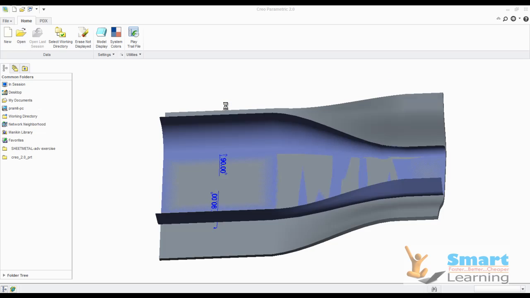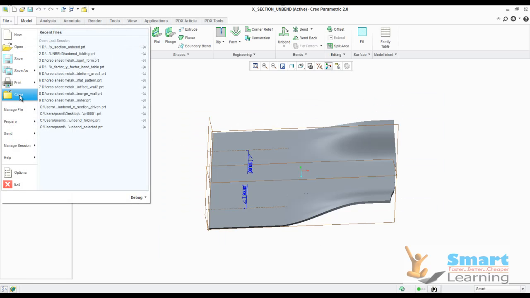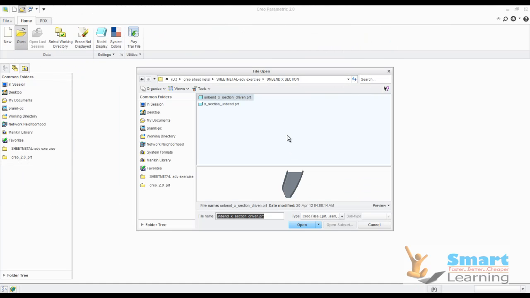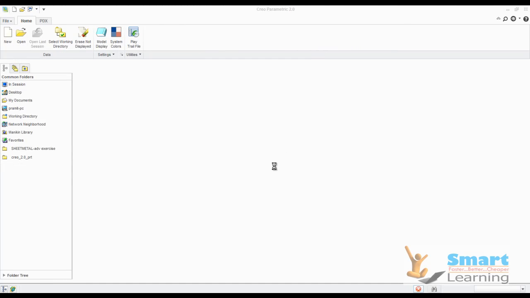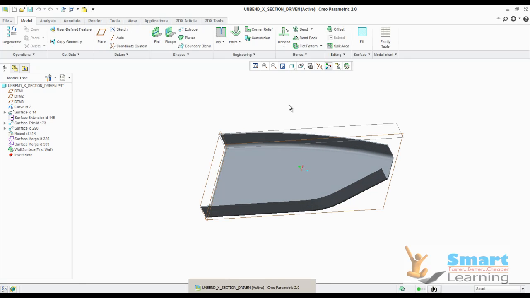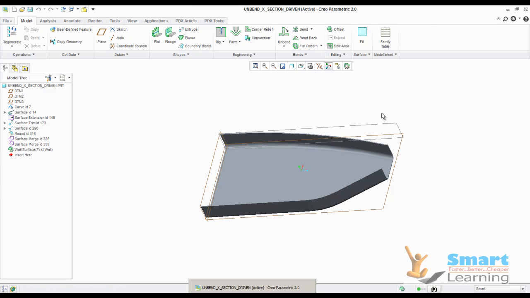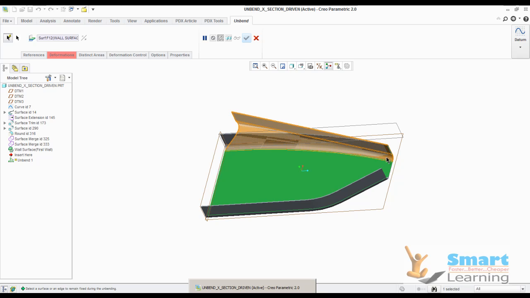Let us say we have another example, this is the example. Here I need to use the flattened shape. What you can do is go to the cross section driven unbend and you can see first. So this is the right way, but let us say I don't know exactly whether this can be flattened or not. So typically you can try through unbend and you can select your